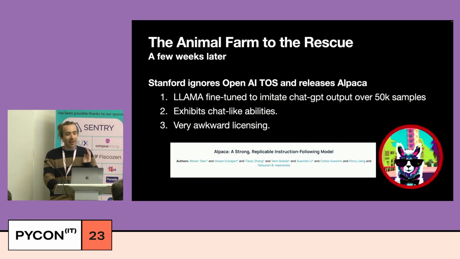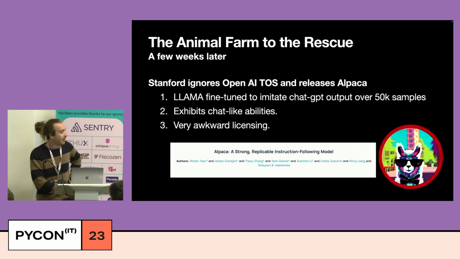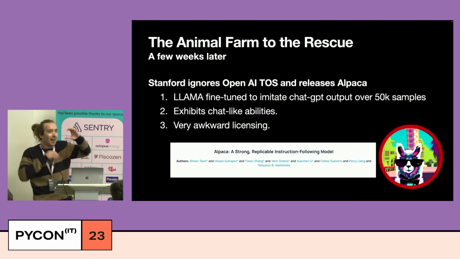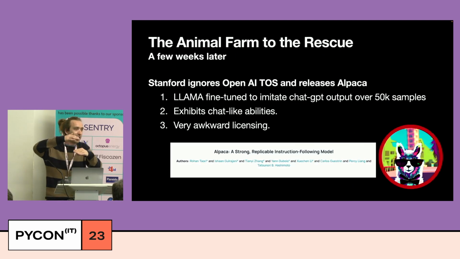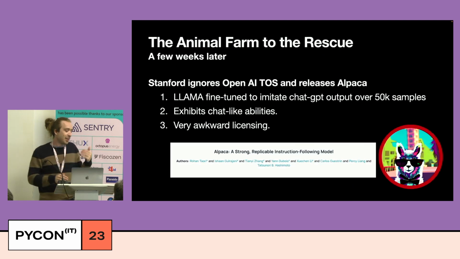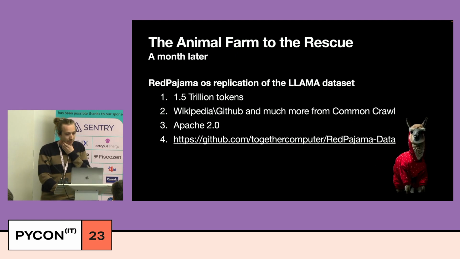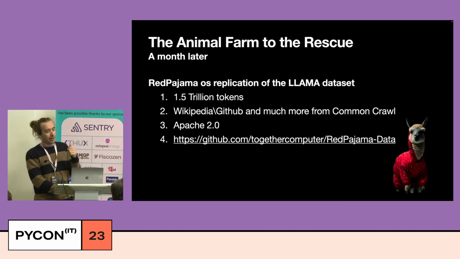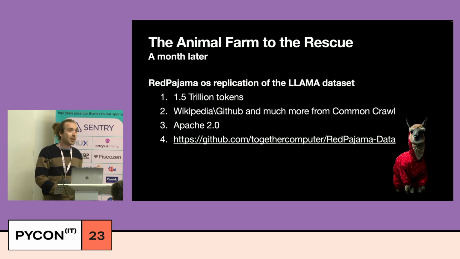And right after that, Stanford did another kind of epic thing from my perspective, where they just trained Llama on ChatGPT outputs, ignoring that last big line of the TOS from OpenAI saying that you cannot do it. And it turns out that OpenAI did not sue Stanford, so we all can do it now. A month later, the same guys from Alpaca released an open source replication of the dataset from Llama. And this opened up dozens of different